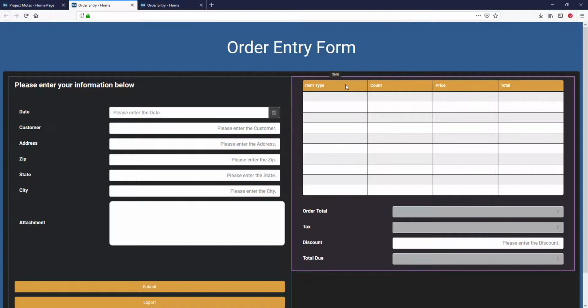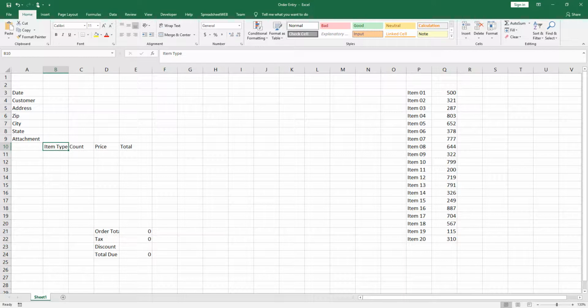Let's assume that you want to use formulas in the grid headers and want to make them show different results based on other calculations. For example, we can add a formula into the item type column to make this field show the customer name in there. To do this, we're going to need to use a workaround by disabling the headers and locking the first row